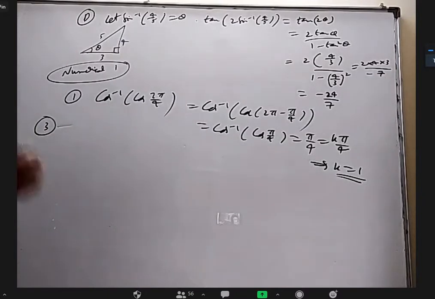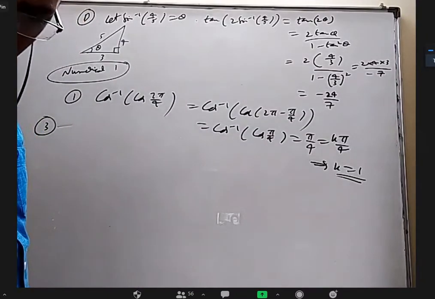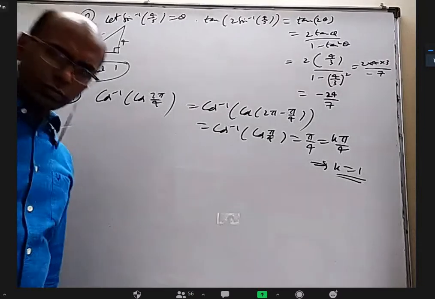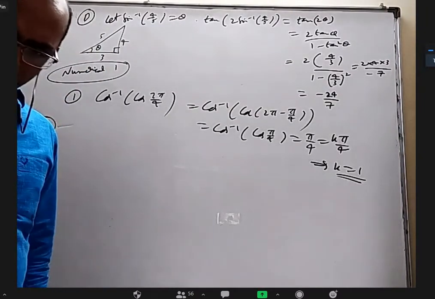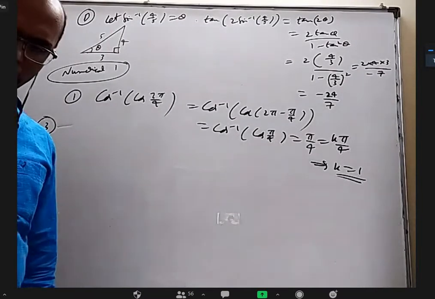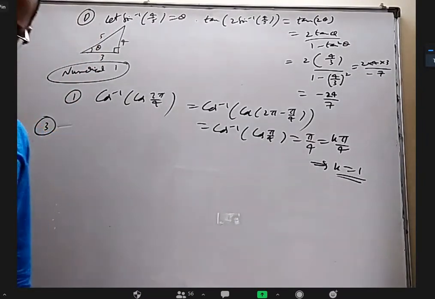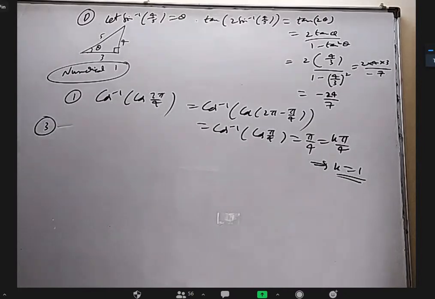Okay, this third question is also something similar we've done in mains. Somebody said we can rationalize the denominator. Somebody said we can make a perfect square, like 1 as sin square x by 2 plus cos square x by 2. I think these are the two things we discussed. But still, let us see that.